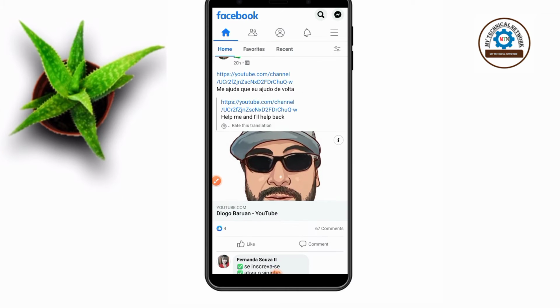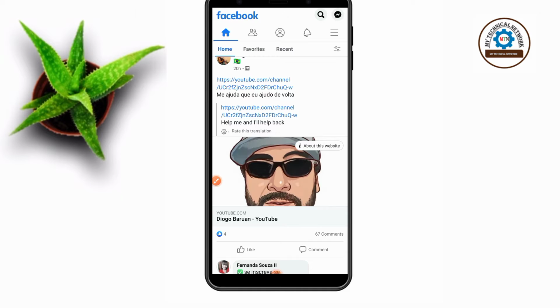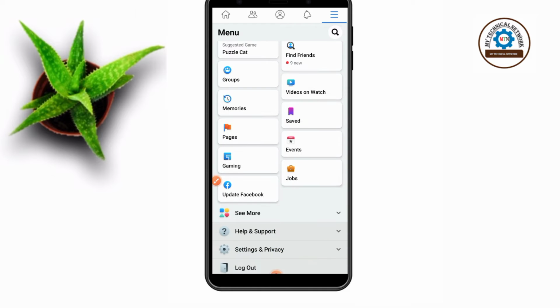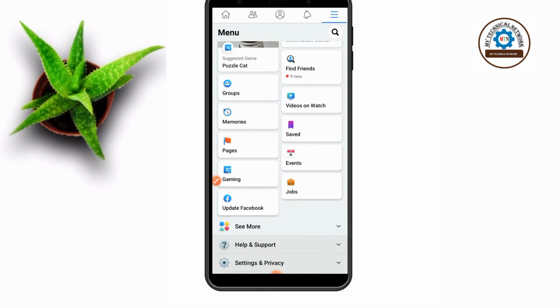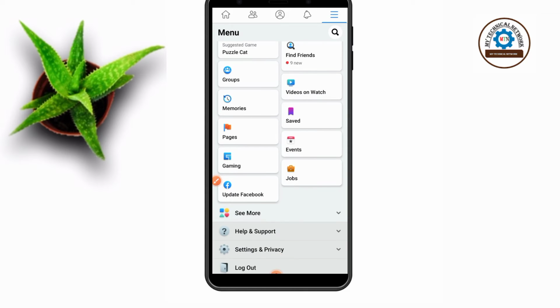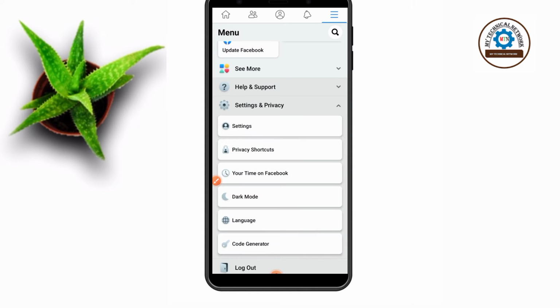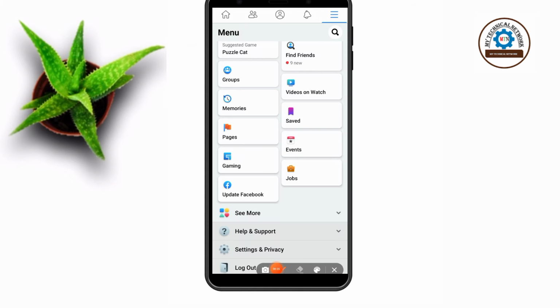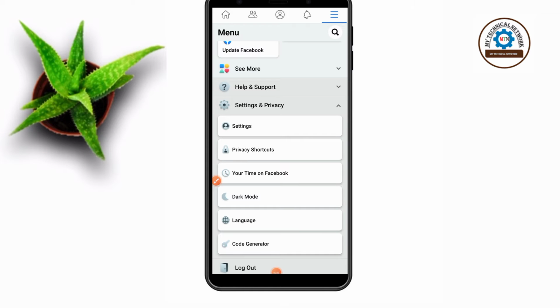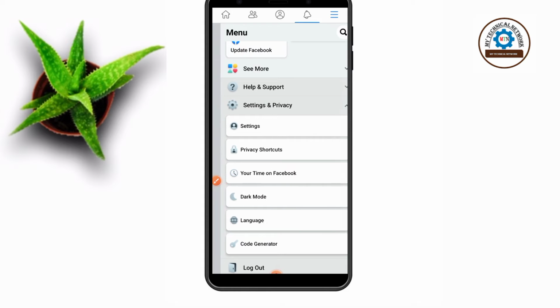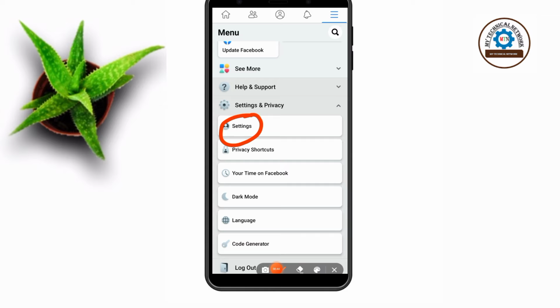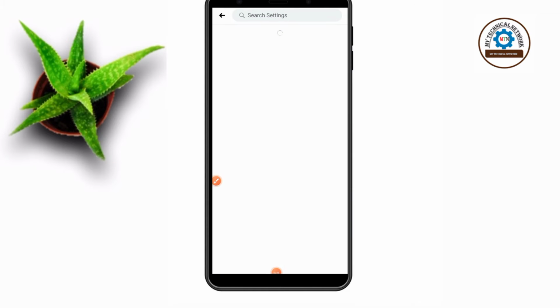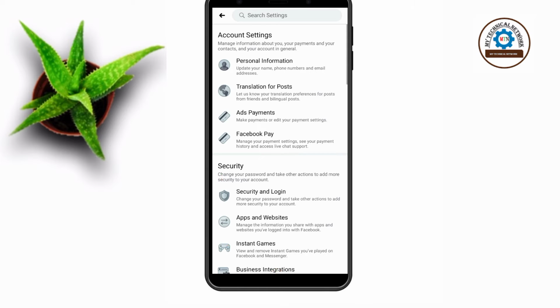Friends, open the Facebook. In Facebook, go to the settings and privacy. In settings and privacy, select the settings. First option. After that, of the page,